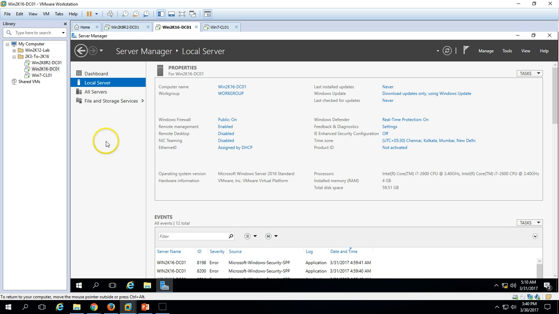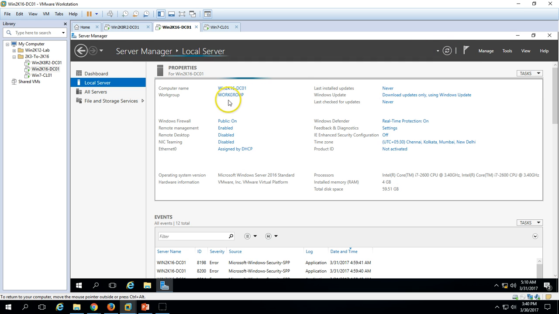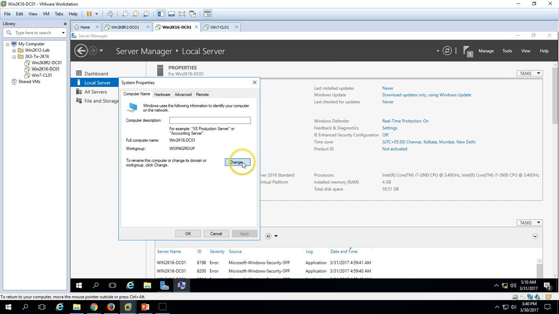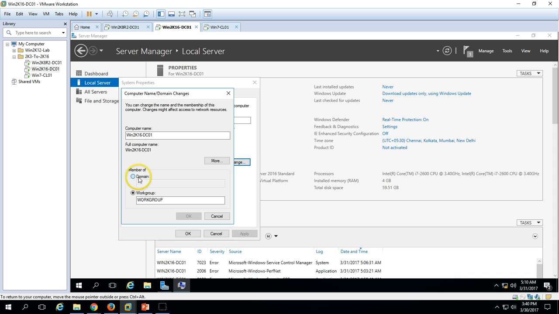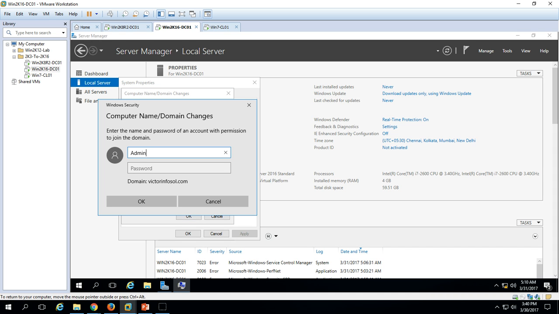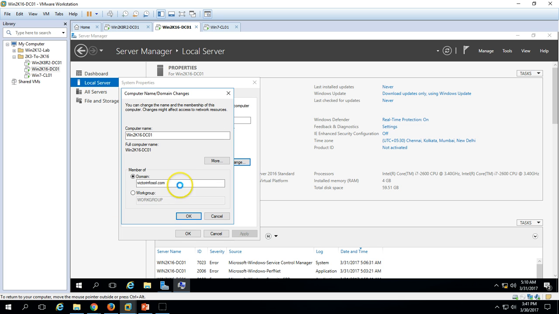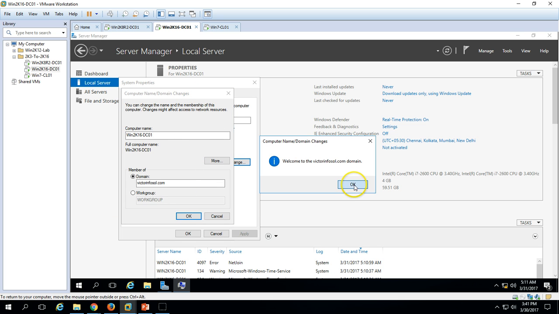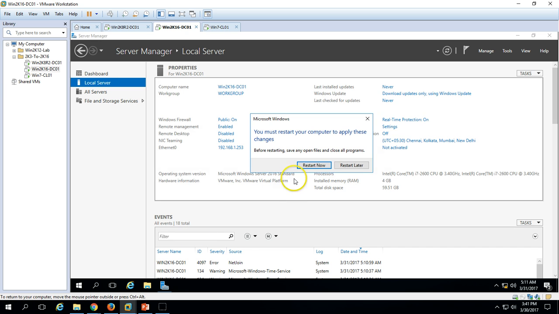This is done, and now I want to join this machine to my domain first. So let's do that. Domain name victorinfosol.com, and the password for that account. It's done. Restart the machine,